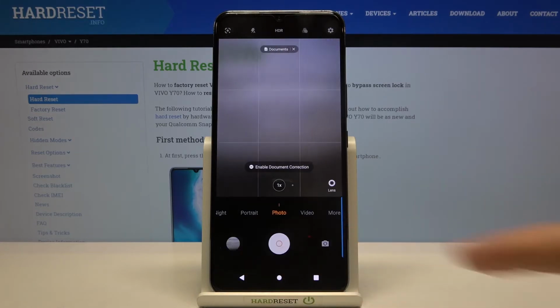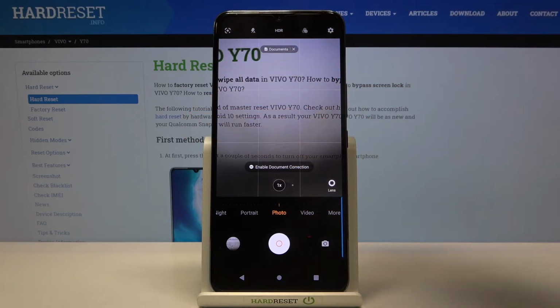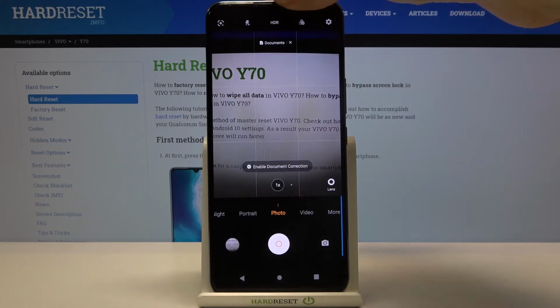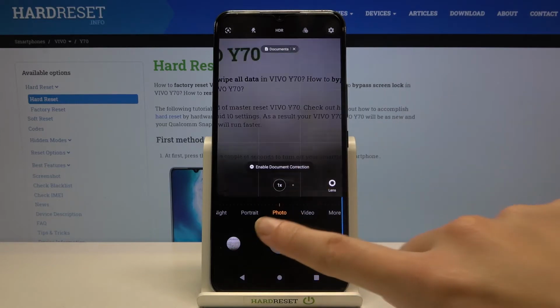Let's go back to the camera to see it. And as you can see we have these lines. This is useful for example when we want to use the rule of thirds in photography or making experiments with composition. Also remember that these lines are not visible at the real picture, so when I take a photo and